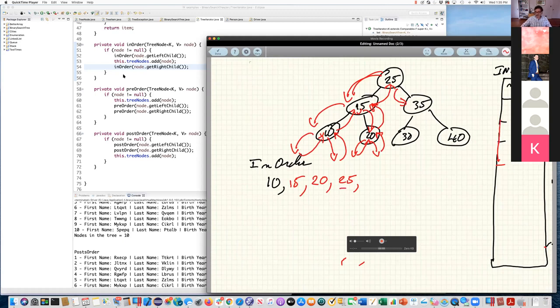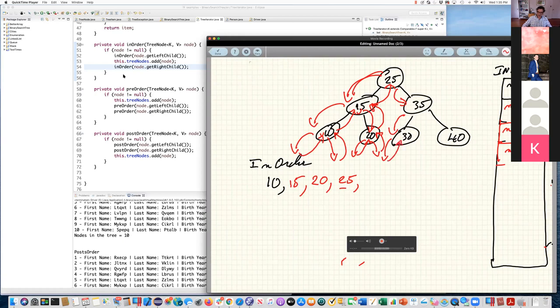And then we're going to his right child, n is equal to 35, right? When I'm at n is equal to 35, I want to visit his left child. So I'm going to go visit his left child. So now I'm at n is equal to 30. And then I'm going to go to his left child, which is null, right? Which goes back.